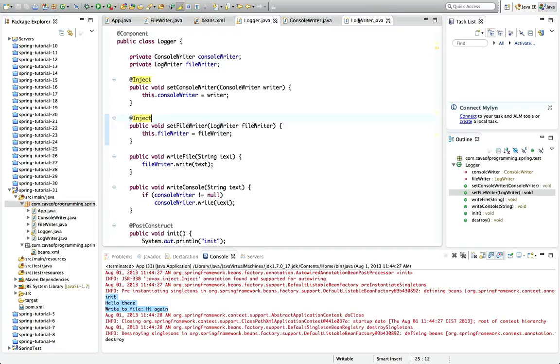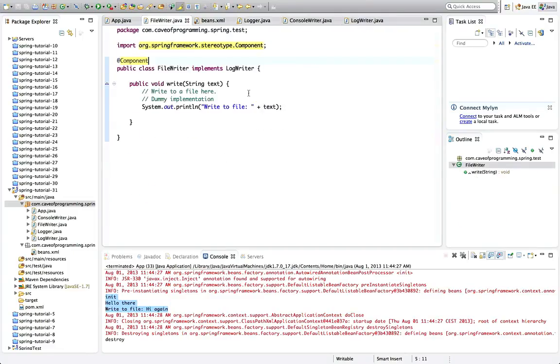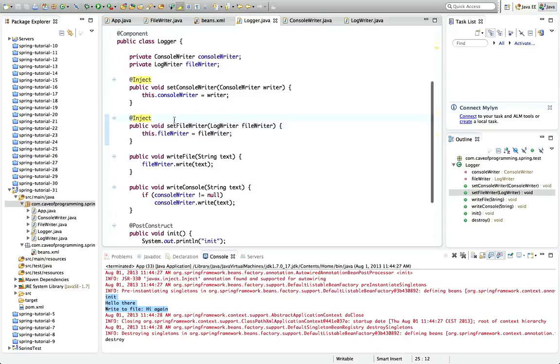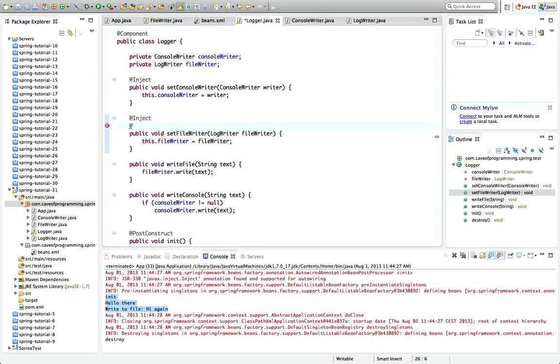So let's go to the file writer bean here and give it a name. In round brackets after Component, I can put in double quotes an ID or a name for this bean. I think this is actually an ID. I'll save that, I'll call it fileWriter. And then in logger here, I can put under here a Named annotation, and I can supply the ID in there. So I can say value equals fileWriter. And if I run that now,